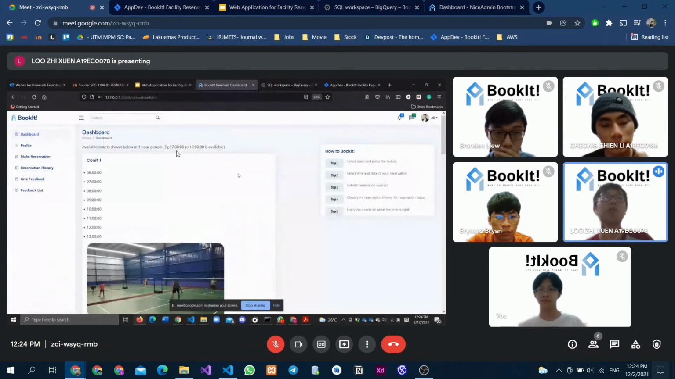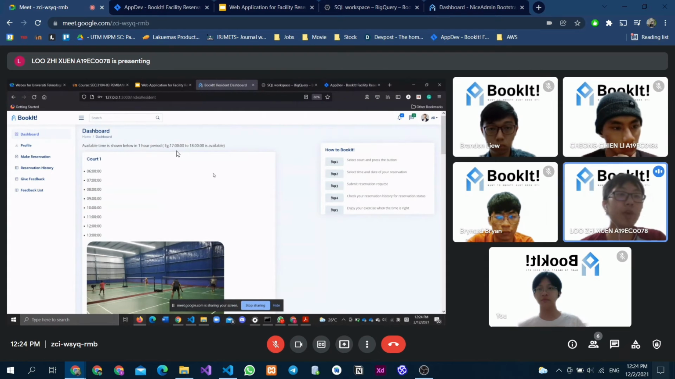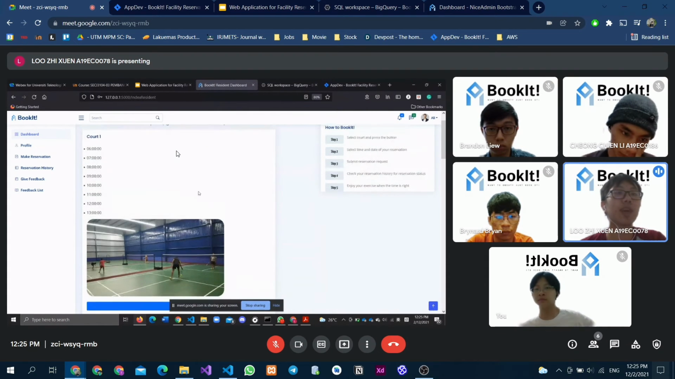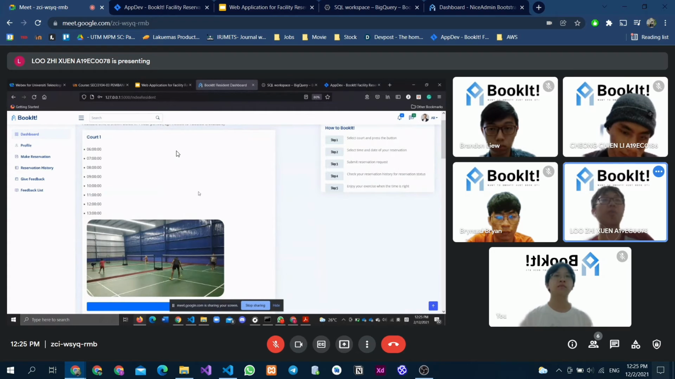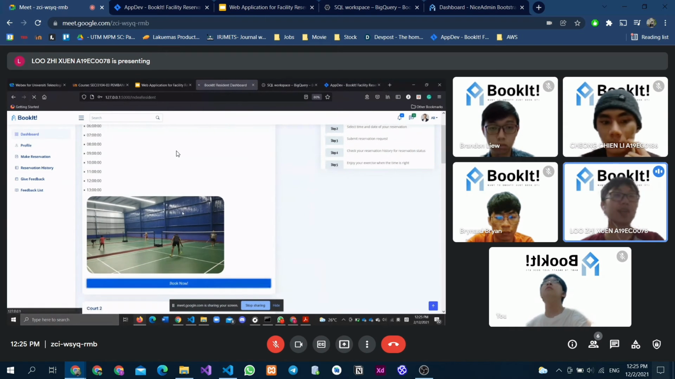Okay, so what we see is currently I'm in the index resident dashboard, whereby the resident is able to see the court and the time. So now I will try to book court one for one period. Currently the user is Ali. Okay, so when I press the button book now,